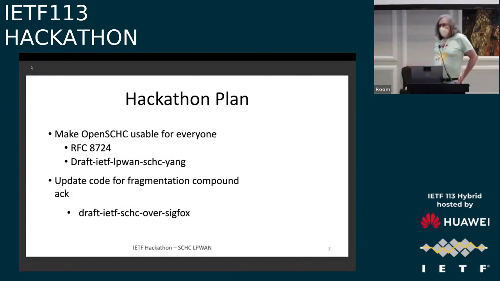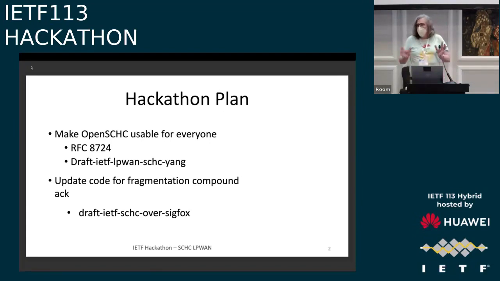We have this RFC that describes SCHC, and we use OpenSCHC to develop the standard, but it has been done by several developers, and now our effort is to put all the things together to have something that works well with all the features together, that is well documented to help people to use it. So that's what we did, and we also work on a YANG version of the description of the rules